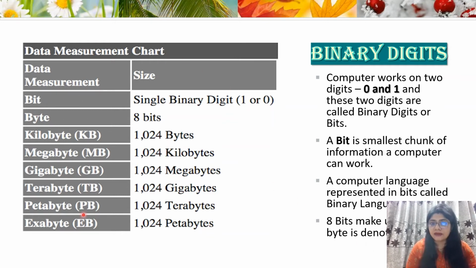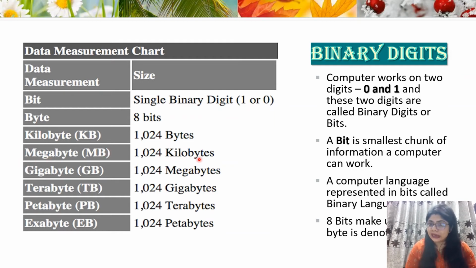See, I have made a chart over here. You can easily understand and remember this with the help of this chart. 1 bit is a single binary digit, that means either 1 or 0. 1 byte is equal to 8 bits. The smallest unit is bit, so 1 byte is equal to 8 bits. In 1 KB, kilobyte, 1024 bytes are there. Similarly, in 1 MB,